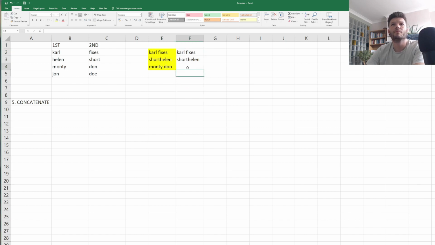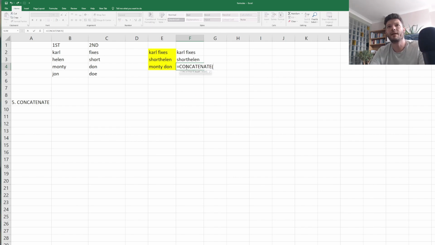So here, I don't know why that one's got a space in it, because this formula that I'm telling it to do there should not be putting a space in it, but I'll show you how to put spaces into things. So as you can see, this one here will allow you to then put a space in the middle or any other text into the middle of it. Then it's equals concatenate,